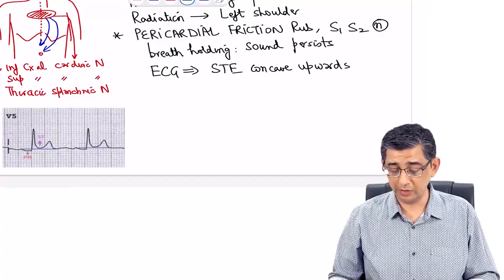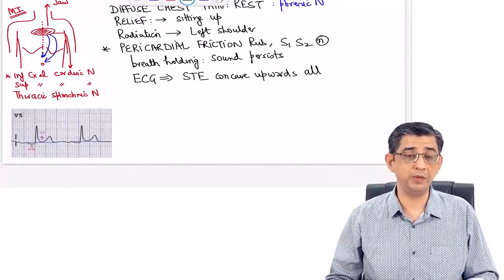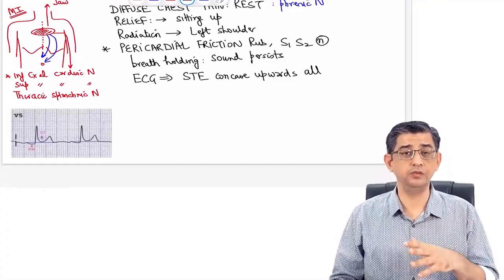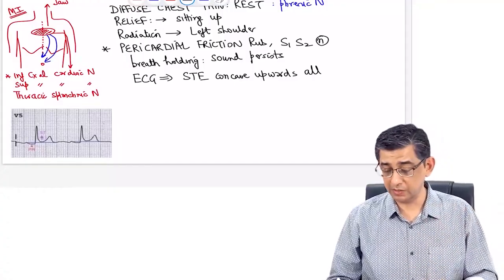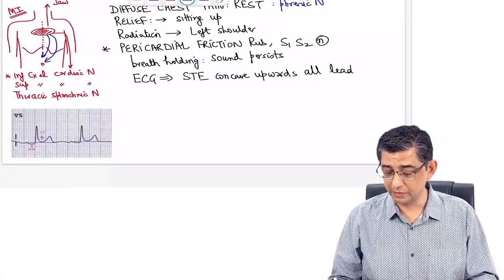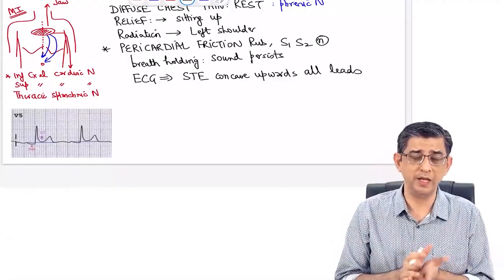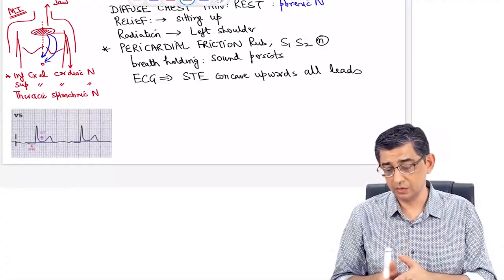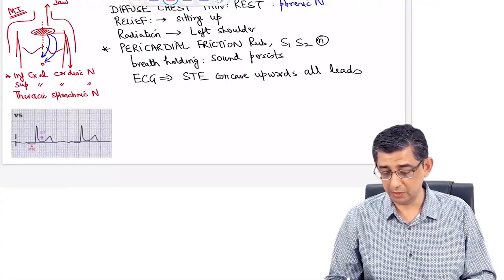But at the moment, I want you to remember that unlike a myocardial infarction, in MI, you will be having findings in a limited number of leads. Like if it is anterior MI, V1 to V4, 1 and AVL. If it is inferior MI, 2, 3, AVF. But in this case, almost all of the leads will be having ST elevation. So it's going to be diffuse. Why? Because pericarditis inflammation will occur all around the heart, 360 degrees. So that is why ST elevation will be concave upwards in all the leads,